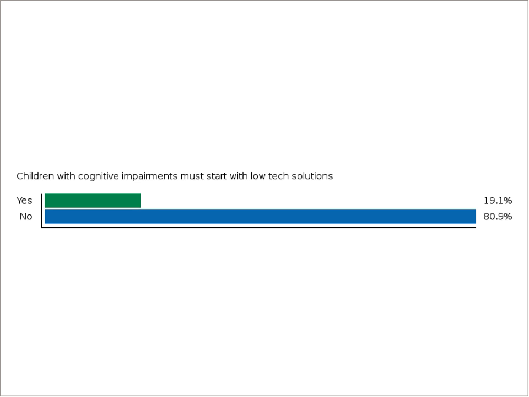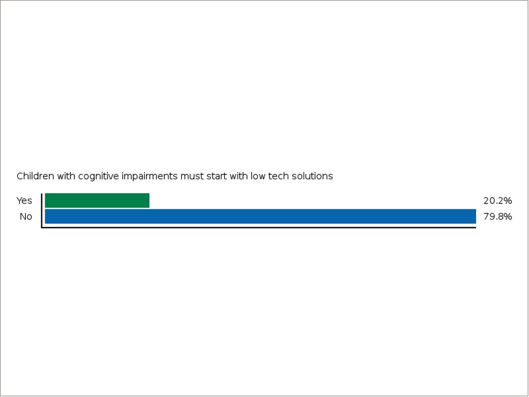All right. So I see that a lot of you said no, which is correct. Presuming competence is really important with this population. We don't know what a child is capable of if we don't give them the opportunity. And you would be surprised a lot of times if you give these kids the opportunity to use something high-tech that they can surprise you. We don't have to start with low-tech. We can often start with a top-down model.